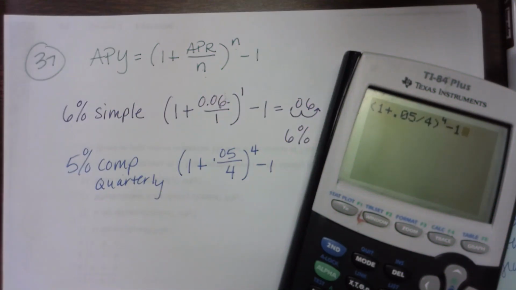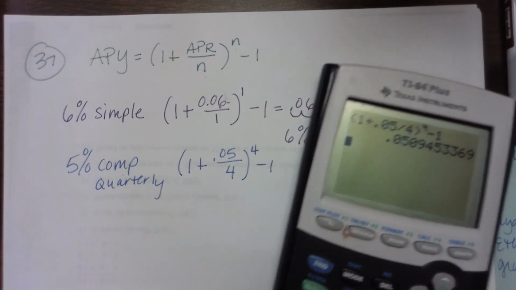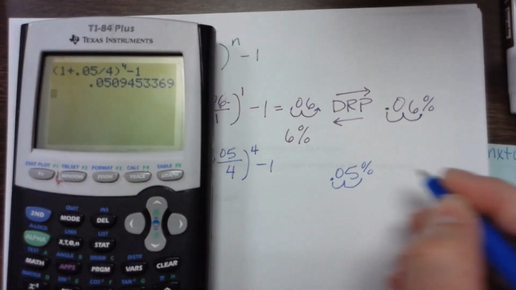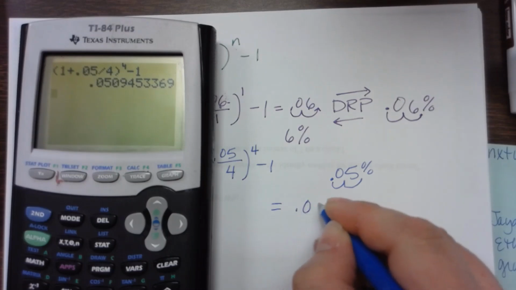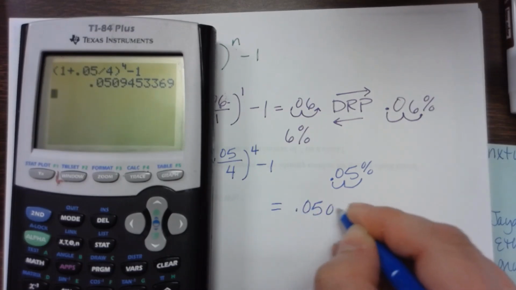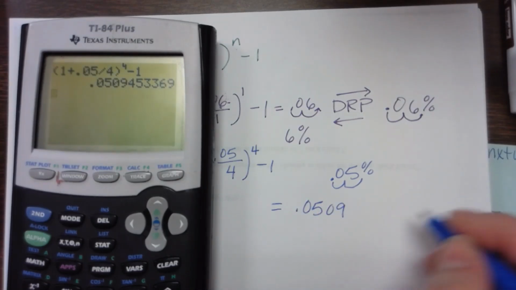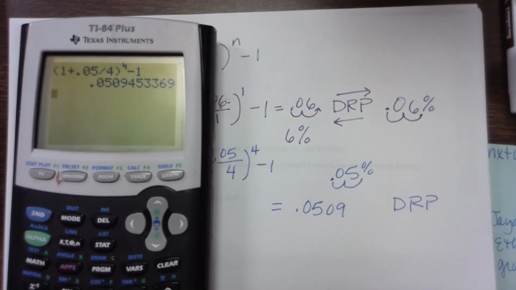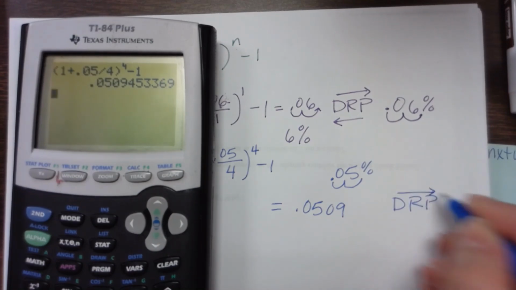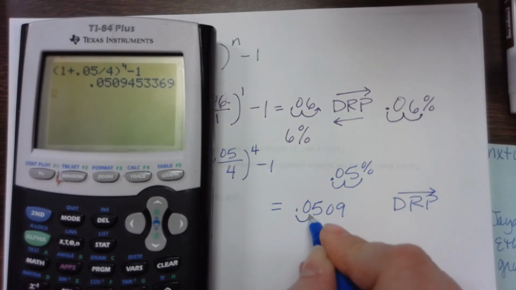All right, so that leaves me with 0.05. I'm just going to stop at the 9, okay? Again, if I have a decimal and I want to know what the percentage is, I'm going to move 2 to the right. So I'm going to go 1, 2 there, and I'll have